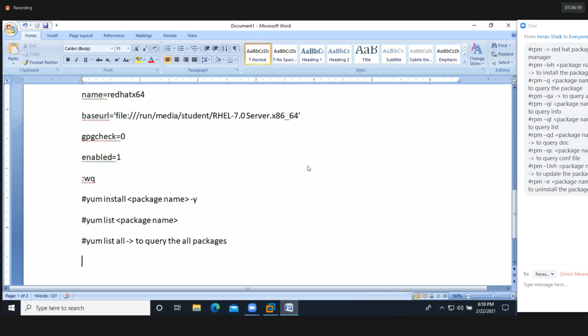The image file is enough. DVD and image file are both the same here. I didn't use any DVD. The image file becomes one DVD on top of your desktop. It doesn't have any DVD, guys. The image file acts like a DVD. I used an image file to install the operating system. I attached the image file while installing the operating system.